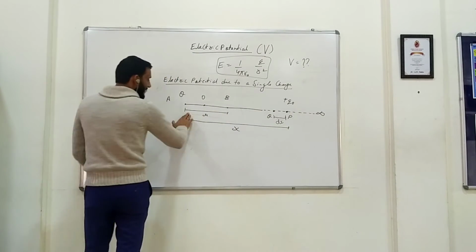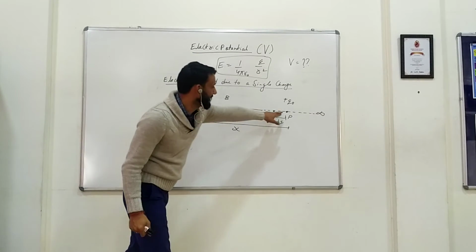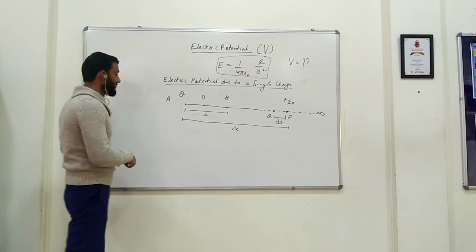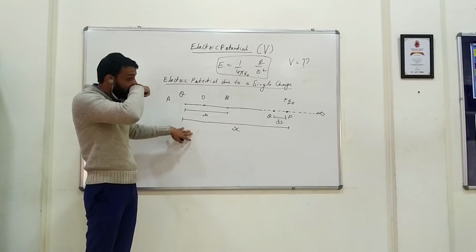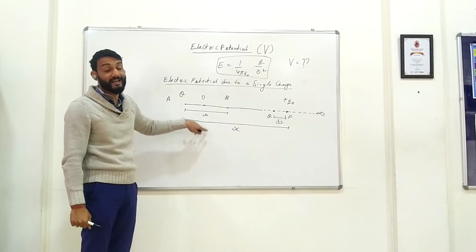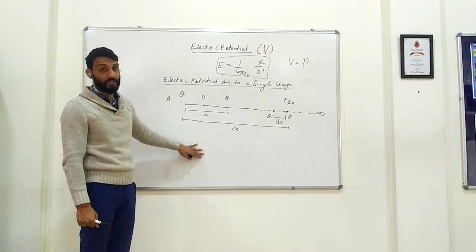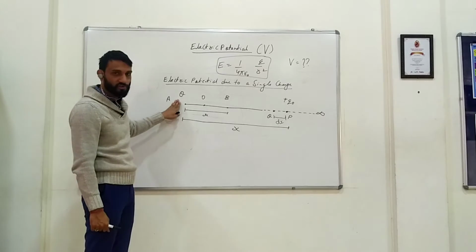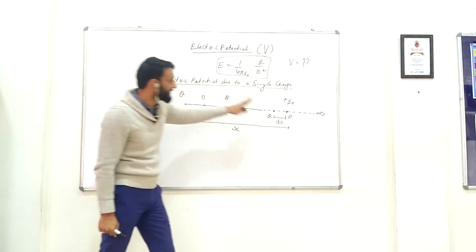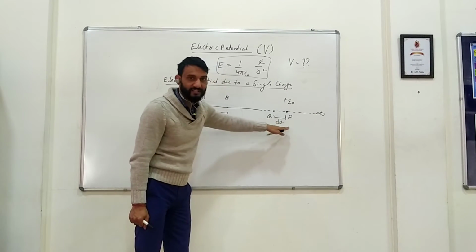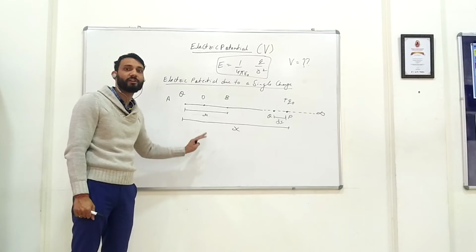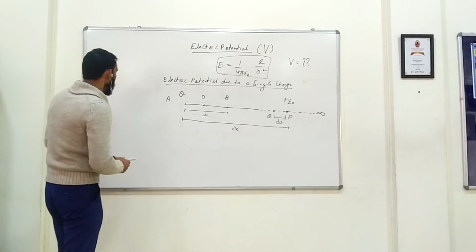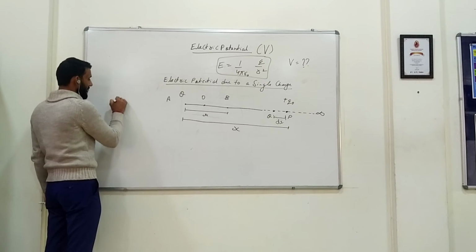So if I calculate the force between this charge and this charge, we can use Coulomb's law. Again, I am reminding you, whenever you draw this diagram and you are deriving, you should always write the introductory part. Let us consider a charge Q, then we are bringing a unit positive test charge from infinity, and all the distances should be mentioned in your introduction part.